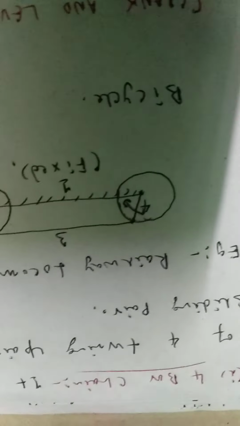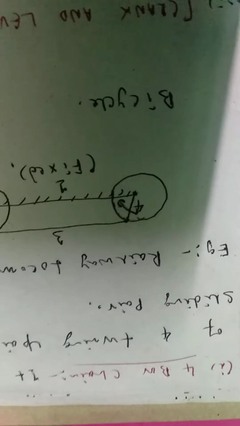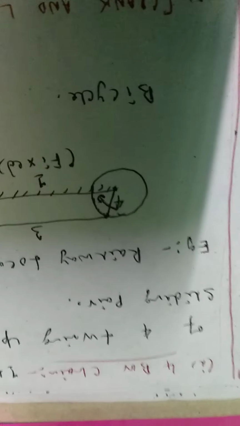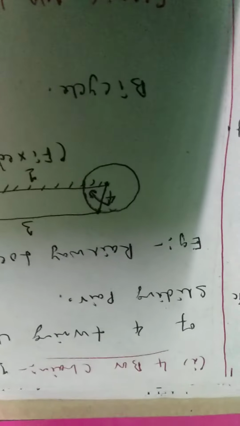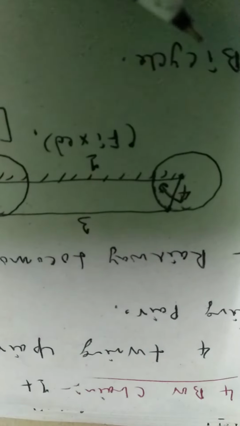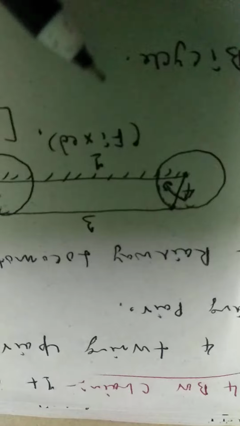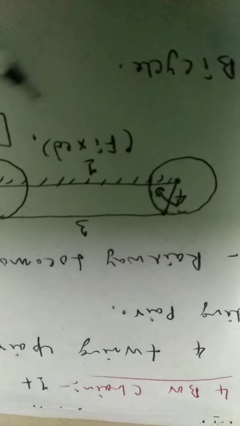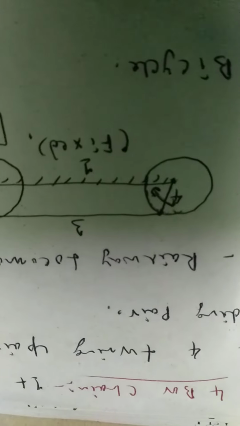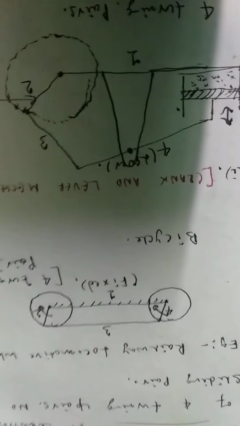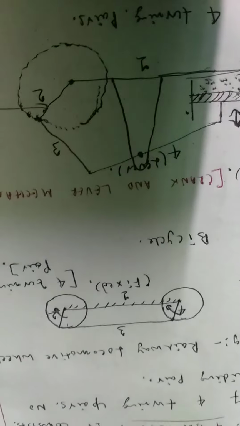So this is an example of a locomotive wheel, and this mechanism is meant for transmitting rotary motion from one wheel to the other wheel. This type of mechanism is also there in a bicycle, where we provide rotary motion to the rear wheel, and it is transmitted to the front wheel by means of a chain. Okay, so this is one of the inversions of a 4-bar chain. So we will come to the next example.